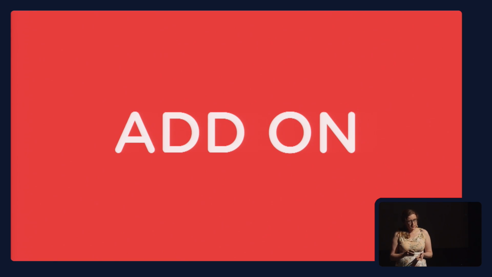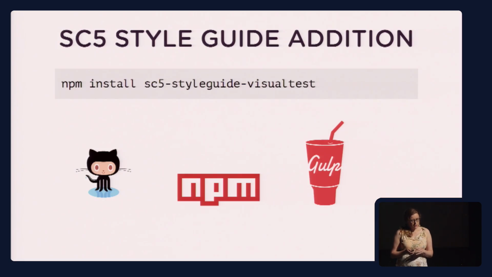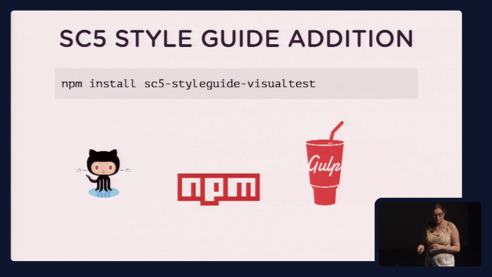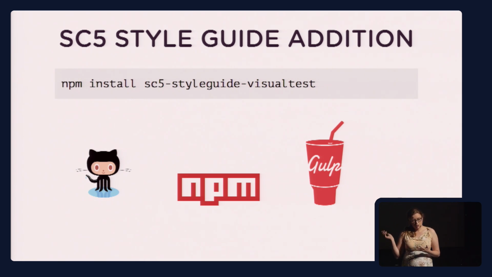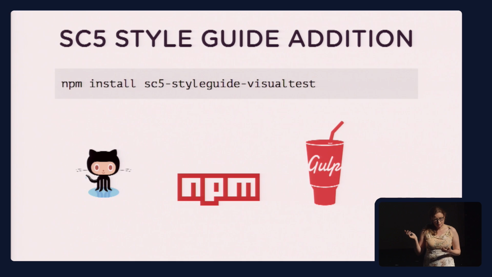And to make it even simpler, I decided that I shouldn't write an article on how to do that, but I should make something like an add-on to the existing style guide, which does it. The add-on is SC5 Style Guide Visual Test. It works only with SC5 Style Guide, but it works automatically. You do nothing but install the package, and